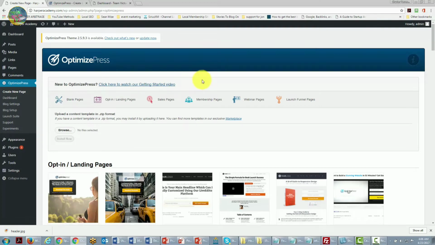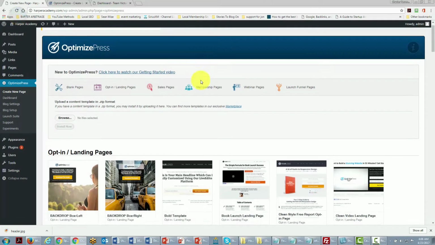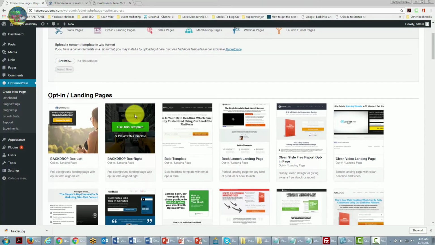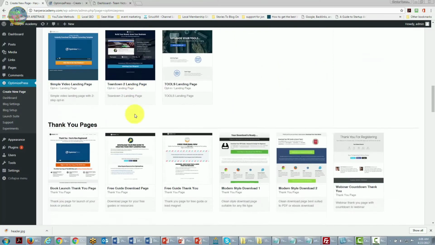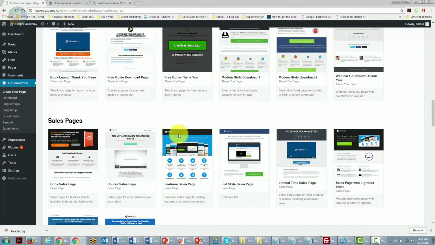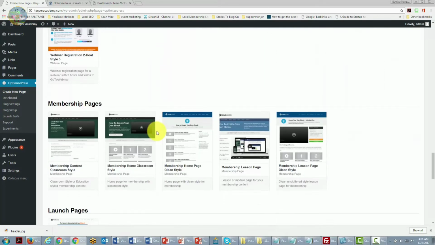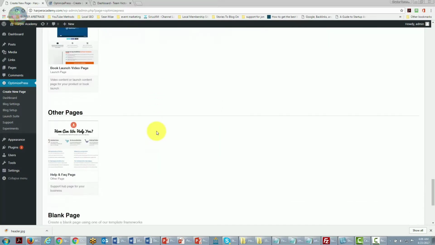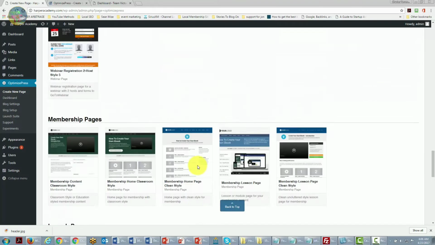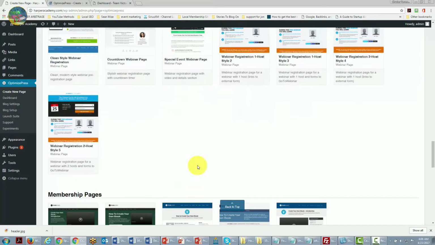OptimizePress gives you several templates in order to start with. They give you landing pages, thank you pages, sales pages, webinar pages, membership pages, launch pages, and FAQ pages. Basically, these templates are going to be starter templates that you can use in order to build